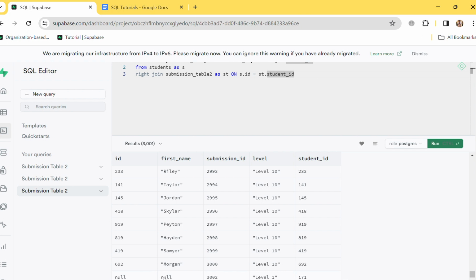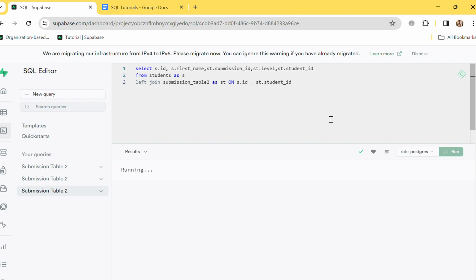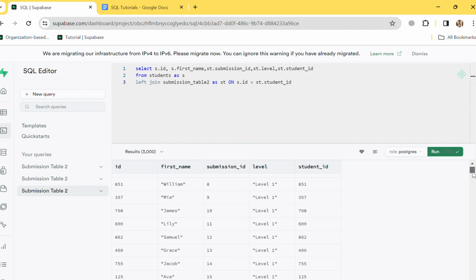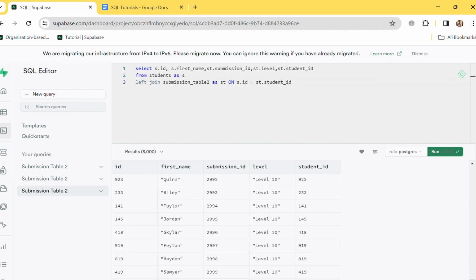But while we are using right join, we will get all these label and the student ID and this submission ID, but we will not get these. We will get this as null. And if we use left join, here if we use left join, you can see, just run it and see, 3000 rows are there. You will not find that row here. Now you will not find that row